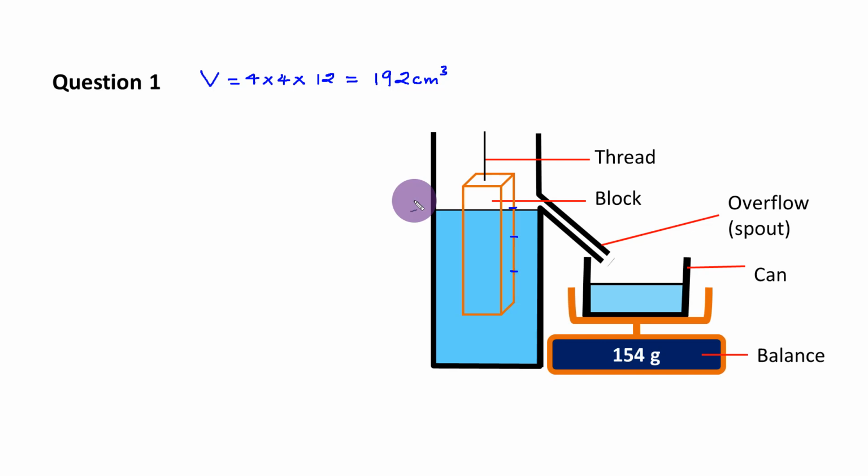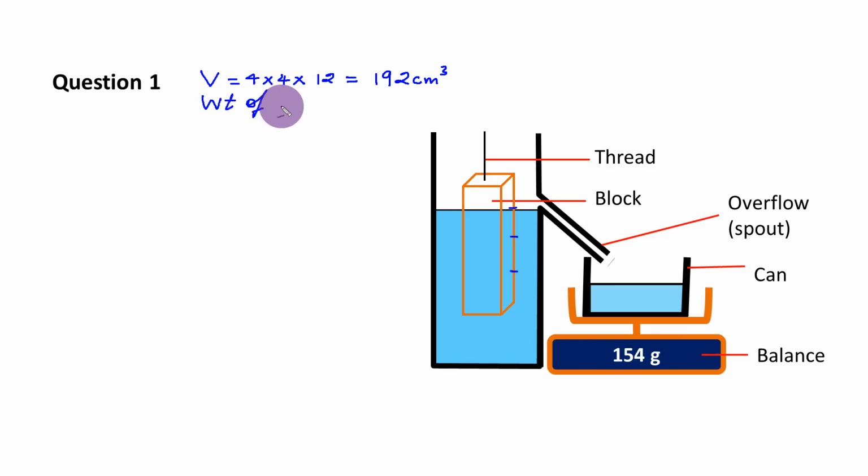The second concept being tested in this question is that of the law of flotation. Now, how do we know this? We observe that we've been told that the object floats. So you should observe that the block is floating. This means that the law of flotation must apply. And the law of flotation states that the weight of the object is equal to the weight of the water displaced. So, since we know the weight of the water,